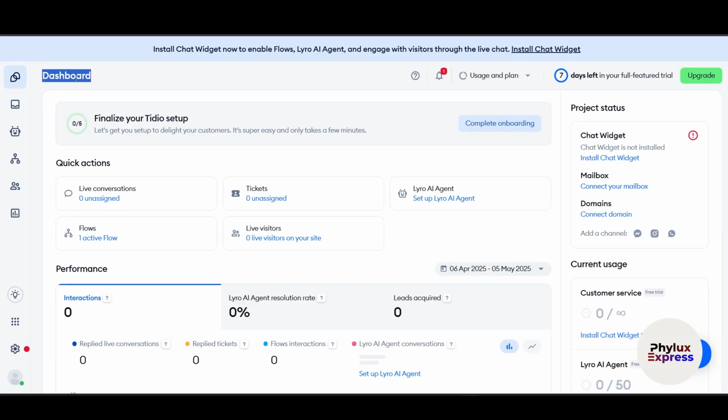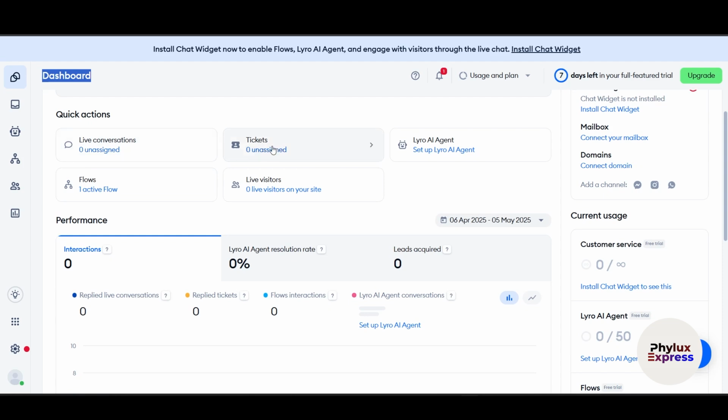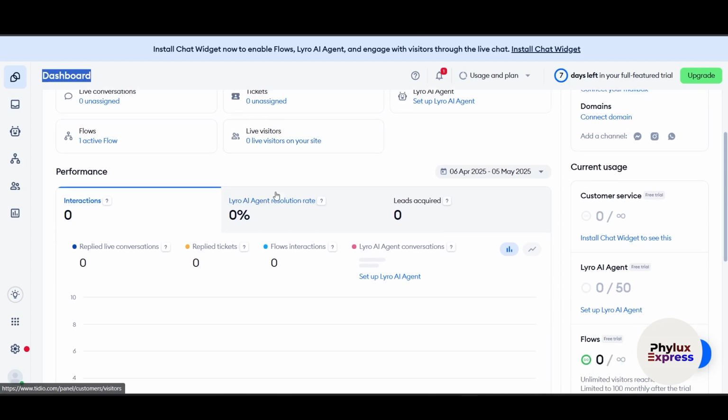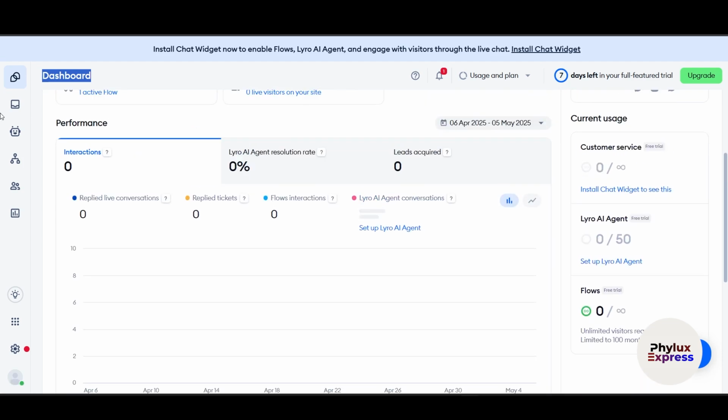From here, this is your main control center. You will see recent conversations, like live conversations and tickets. So you can simply control from here as well. If you go into